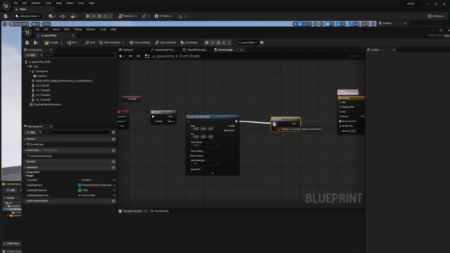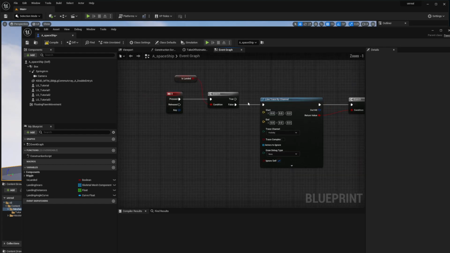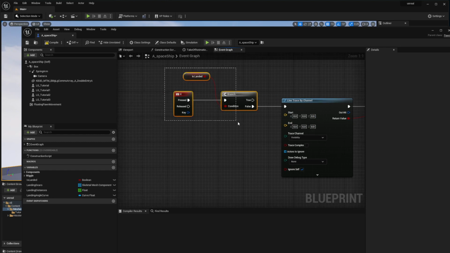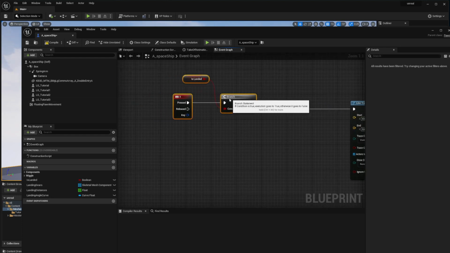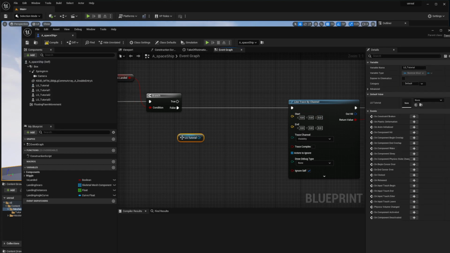We'll create a branch node here, and we'll connect this return value here to the branch. So this return value will hit true if we successfully found a hit for our line trace between the 2 points that we set here. For the start and the end point, we'll check for each landing gear if we are close enough to the surface so we can land. Let's start with doing it just for one of them, just to explain how it works, and you then know how to do it for all of them just in a for loop. So I'll drag this one just to show you how it works,